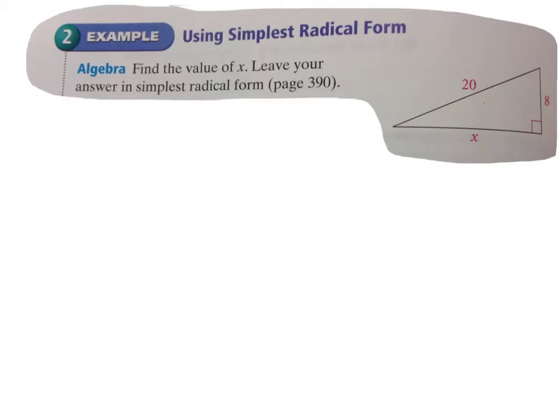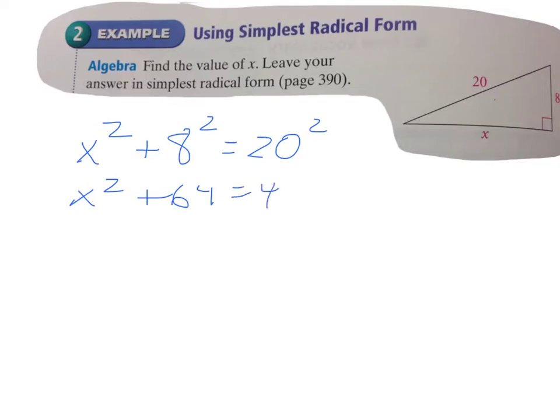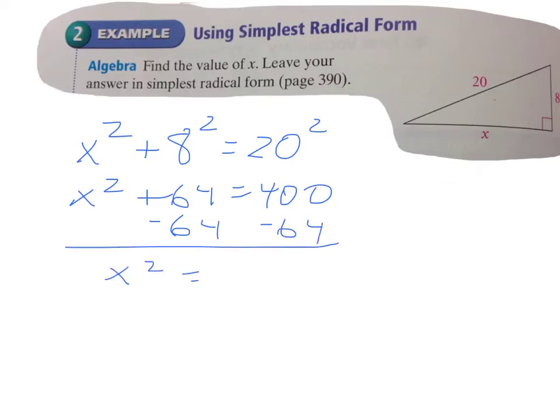Okay, again, we know a squared plus b squared equals c squared. So for this one, we're going to say x squared plus 8 squared has got to equal 20 squared. x squared plus 64 has to equal 400. Subtract 64 from both sides, and we get x squared equaling